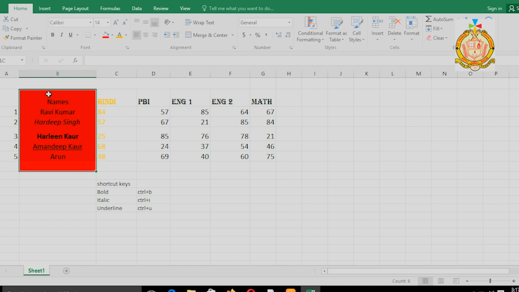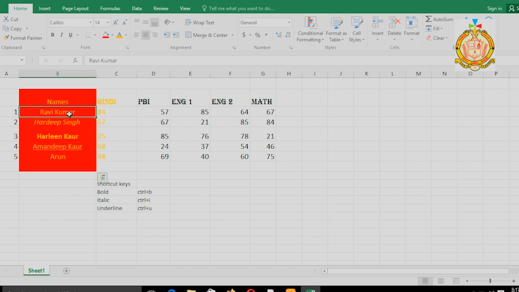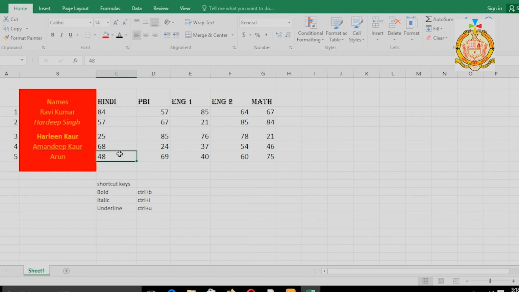I perform the same steps, select and click on the color. Then see the changes in your worksheet. By these editing tools, our worksheet will be attractive. In the definition at the start I explained that with the help of these editing tools a worksheet will have a polished and professional look.